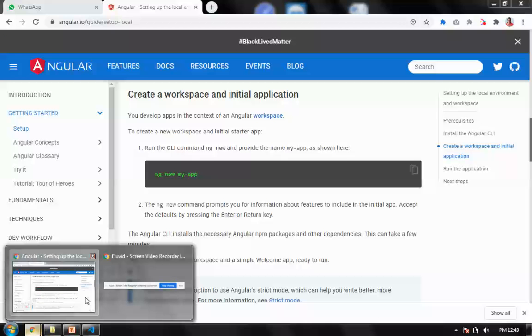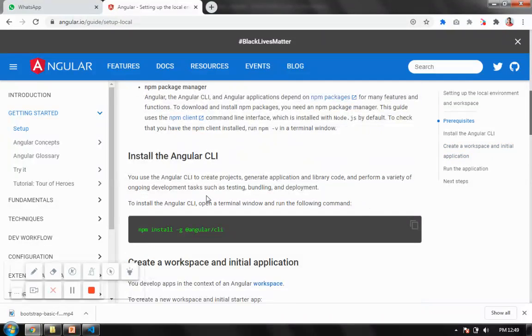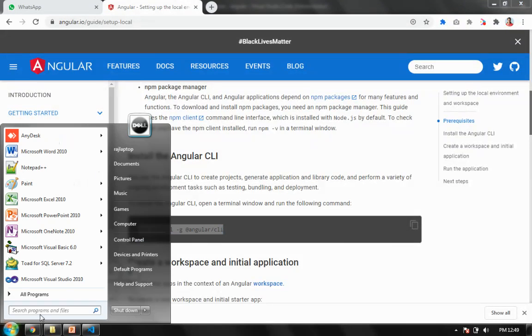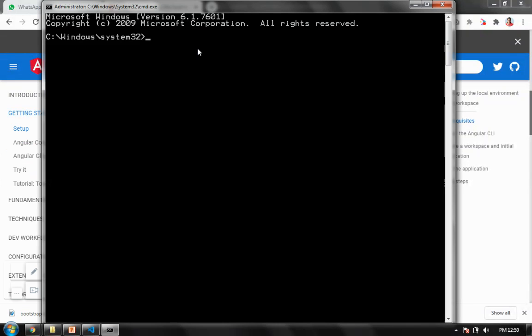To install it, you have to do a small thing. It's very simple. When you're working with Angular and you have to install it, you have to open a terminal. So I copy this npm command, which is to install Angular. I start here and type cmd. This is my command prompt. I right click on it and mostly open this CMD at administrator level, as an administrator. Then I type the same npm command and press enter. It is installing Angular. This is going to take 10-15 minutes. Once Angular is installed, we can go for the next step.